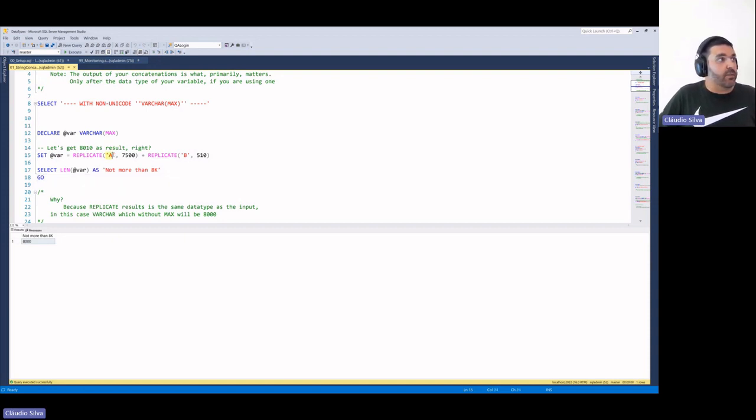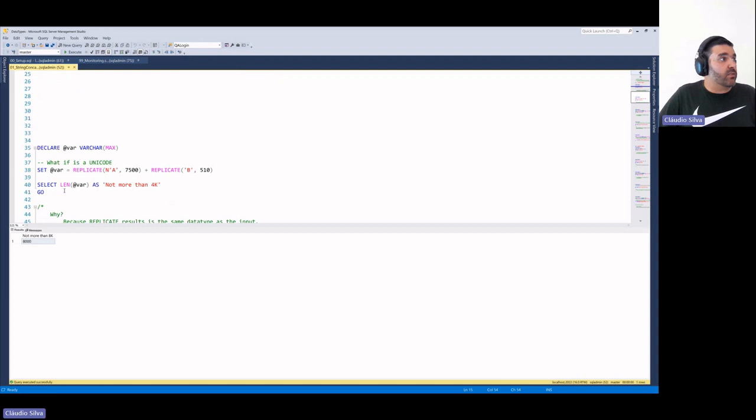As you can see here, I'm doing an input of A, which is not Unicode, but I'm also not saying that this A should be a varchar max, meaning that in the end, the max of this value will be 8,000 characters. Therefore, if I do the concatenation of both, even though my variable is a varchar max, because these ones won't be varchar max, it will be cut at 8,000.